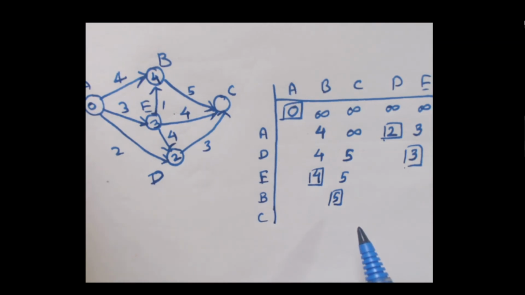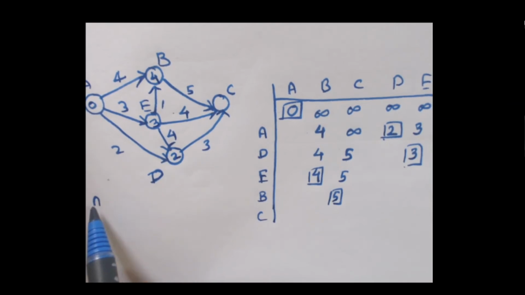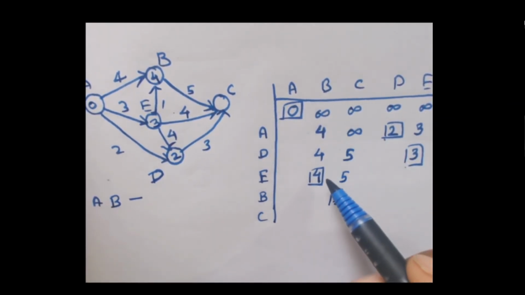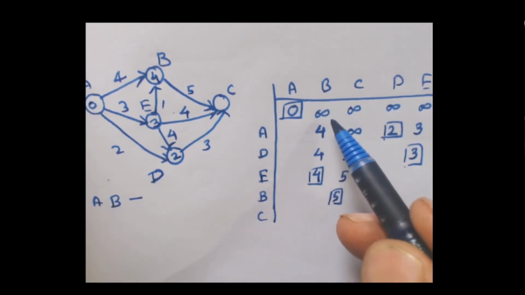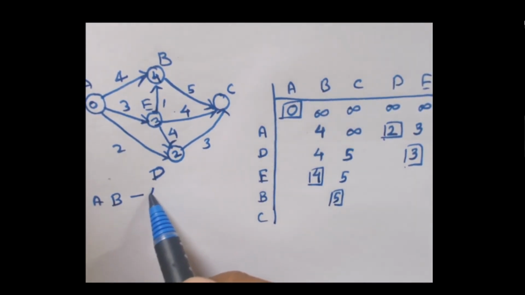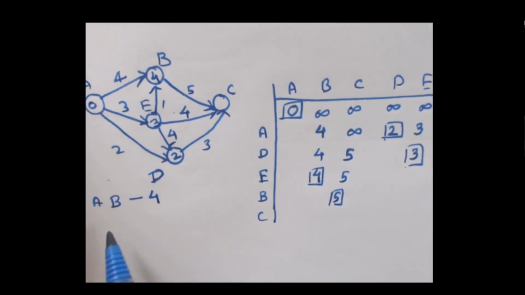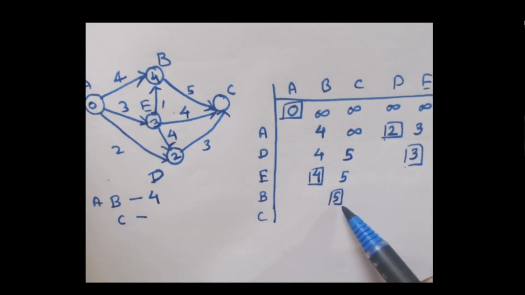So for this particular thing, we have to calculate the distance from almost all the vertices to the path from the single source. So A to B, we have a path from A to B. The B path we found is 4. The change has happened from infinity to 4. The direct path from A to B is available, that is 4. Path for C. What is C? The final distance for C is 5.